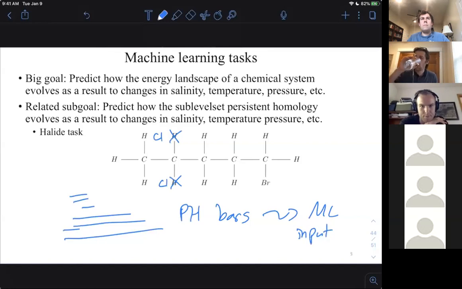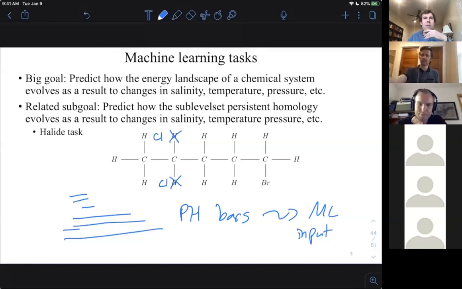Questions? I mean, I'm just curious from a chemical standpoint, does it matter which of these things you replace the hydrogen with? Definitely. Yeah. This halide is going to have a different energy landscape than the other one I had shown. Think of it like if it were just a physical system, like a bunch of balls connected with rods. I'm replacing this hydrogen with an atom of much, much larger mass. Mm-hmm. Yeah. Cool.